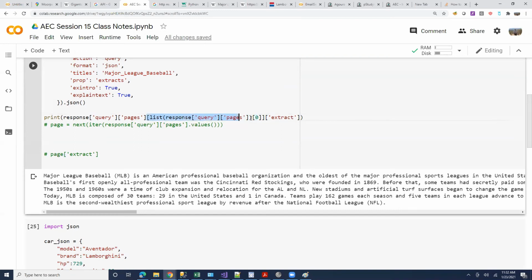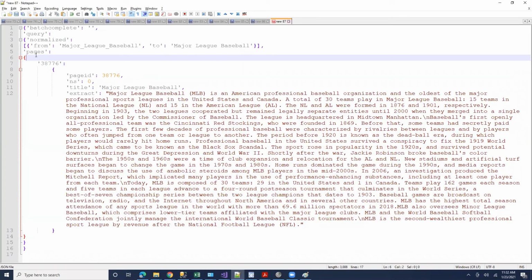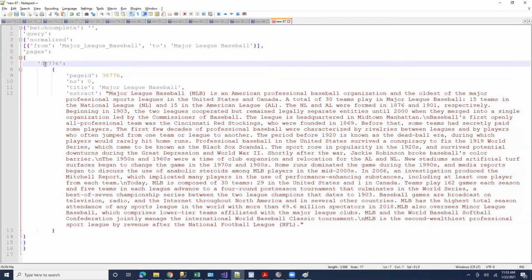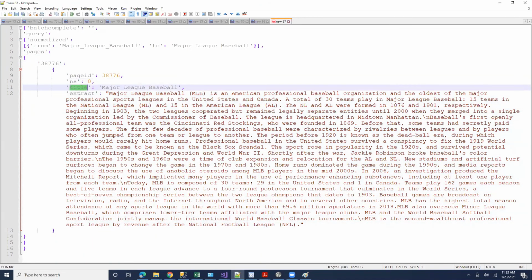I converted the dictionary into a list, and now this dictionary, how many elements does this pages dictionary have right now? How many keys? Sorry. How many keys are there within this pages dictionary? Anybody? 4. Okay, so 1, 2, 3, 4, right? 5. Okay. Actually, yeah, Matthew is right. Just one key. In this pages dictionary, there is just one key. Within the 38776 key, there is another dictionary which has 4 keys.